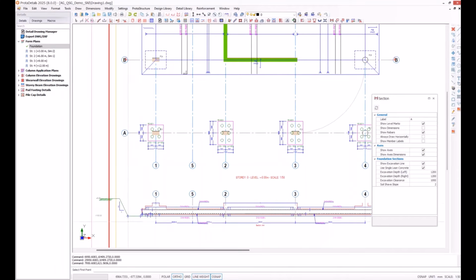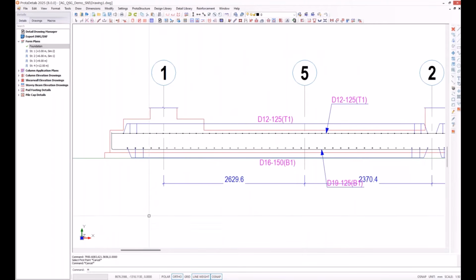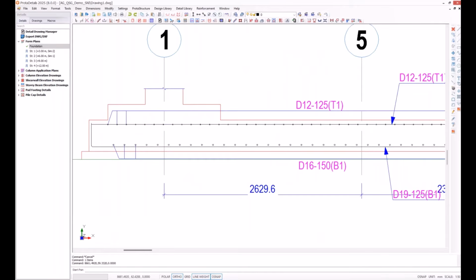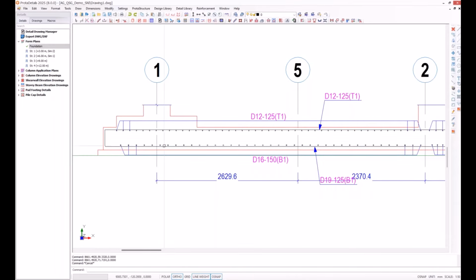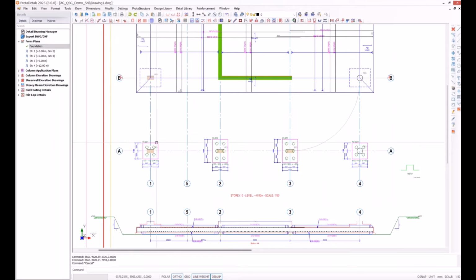So I can align my section with the foundation. And I have commands like move, copy, and all the CAD commands that you can imagine. And you can configure them, of course, as you wish.